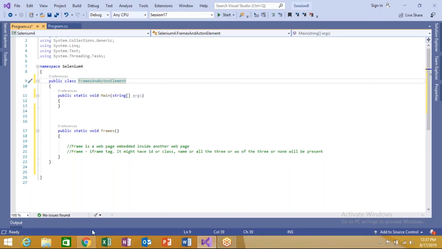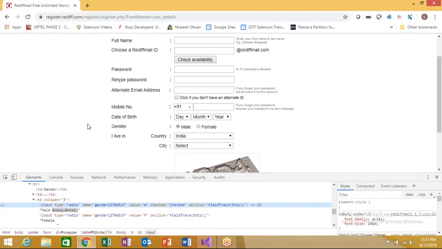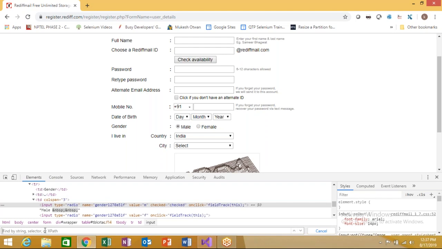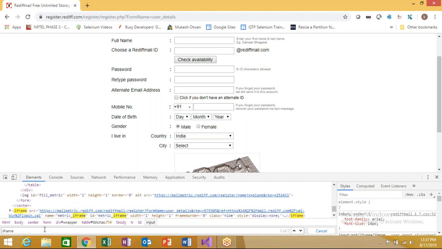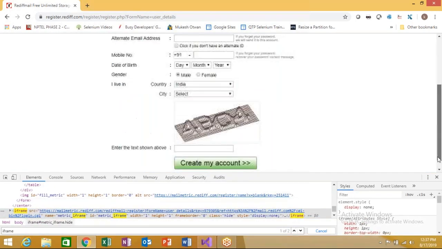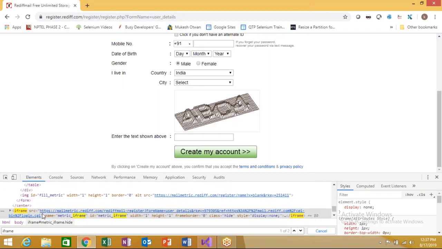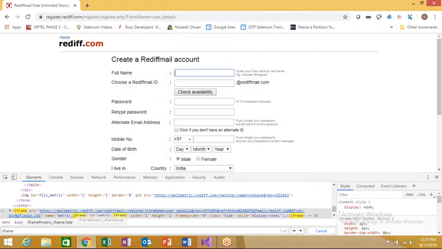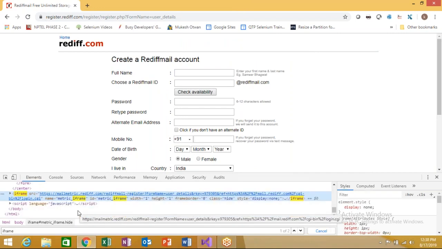Now, in this particular website, do I have a frame? I cannot see the frame. So what is the next thing to do? This is the inspect element tool of Chrome. You can do Control F, and here it will come, and you can write down iframe. That means the iframe is present. Where it is present, you never know. You just hover your mouse over it. There is an iframe present. Where is it? It is telling you that